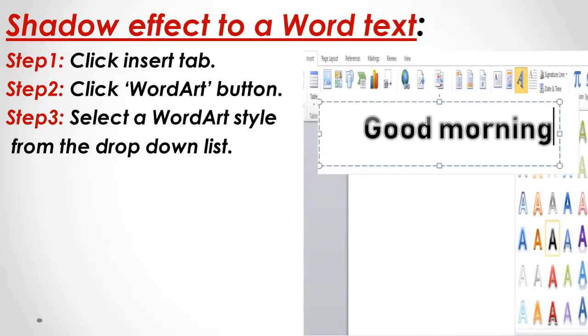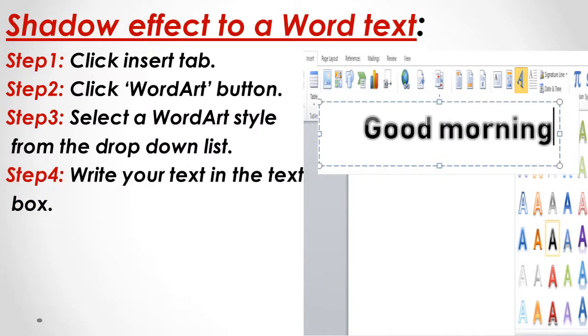First step, you need to click on the Insert tab. Okay, it will be present at the top only. Then on the right side you can see the A symbol, that is word art. Click on that word art button and select a word art style. This drop down list you will get. So many colors of word art styles will be there. You can select any one of the word art styles from the drop down list and you can draw using that.